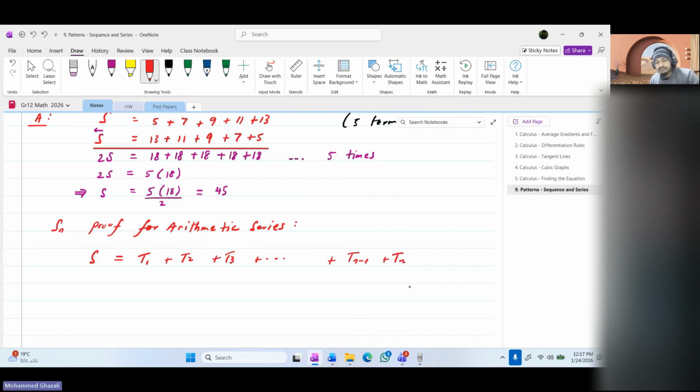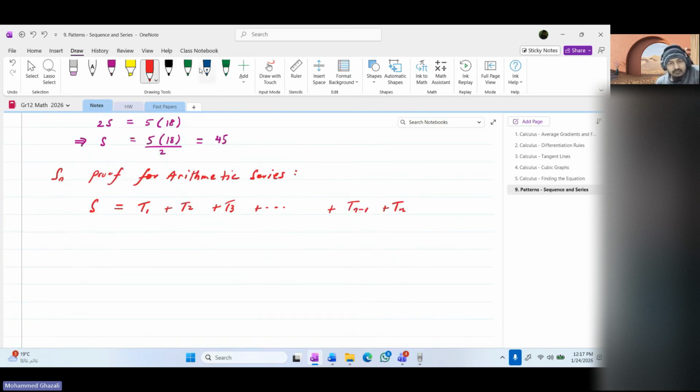Okay? You don't have to write term n minus 1 and term n. It's nice to do it, but I'm saying you don't have to. Now, let's see. What is your Tn formula? You're going to write down the Tn formula, which is a plus n minus 1 d. So S is equal to, I'm writing the forward sum, going in the forward direction. What is term 1? a. What's term 2? a plus d. What's term 3? a plus 2d